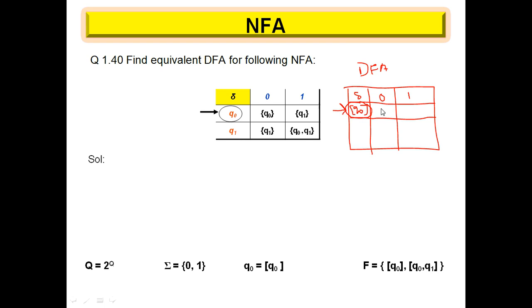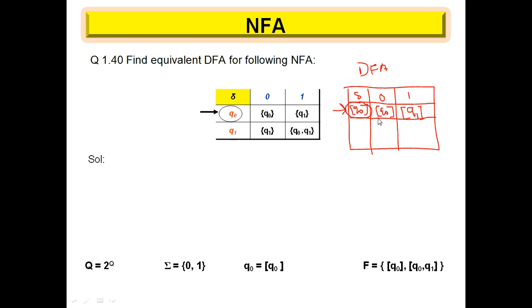Now we are going to copy this Q0 here as it is, and Q1 as it is. This is the procedure we are going to follow for every conversion. Now see, which state is going to come here? Q0 or Q1. We take the state from Q0 and Q1. These are the two states which are right now eligible to come here.